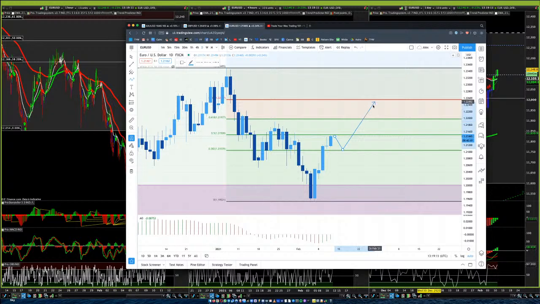Could do something like test the next fib, pull back to previous structure, and then shoot on up eventually. It could do something like this, and then maybe even continue up to here to retest the high, but maybe expect some reaction off the 50, and bear in mind that this is a 200 pip swing already, pretty structured in terms of